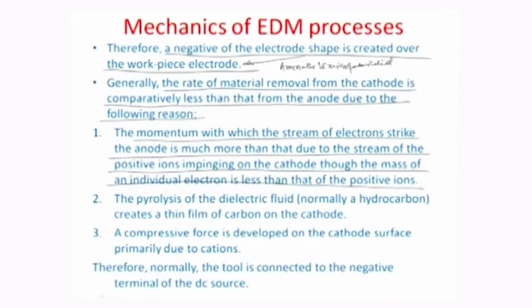So the ion flux is really lesser, and the ion flux is the principal removal mechanism for the cathode side, and the electron flux is the principal removal mechanism for the anode side. Therefore, the anode has a much higher erosion rate than the cathode, or the tool side. The other reasons responsible for this difference in the rate of removal between anode and cathode are principally